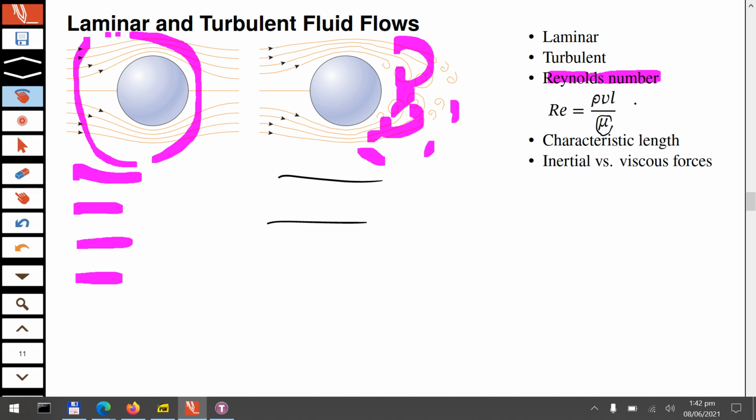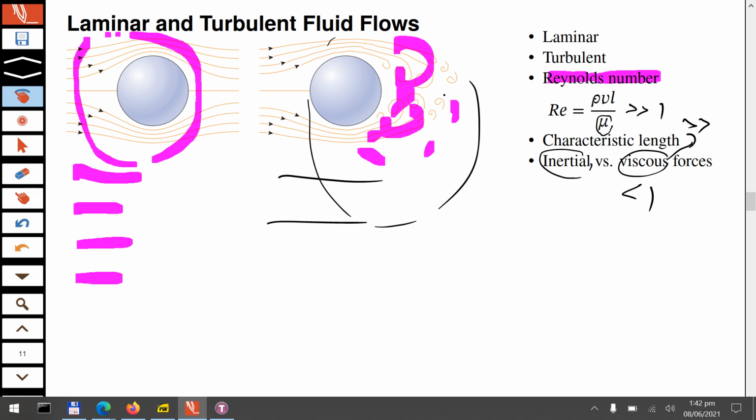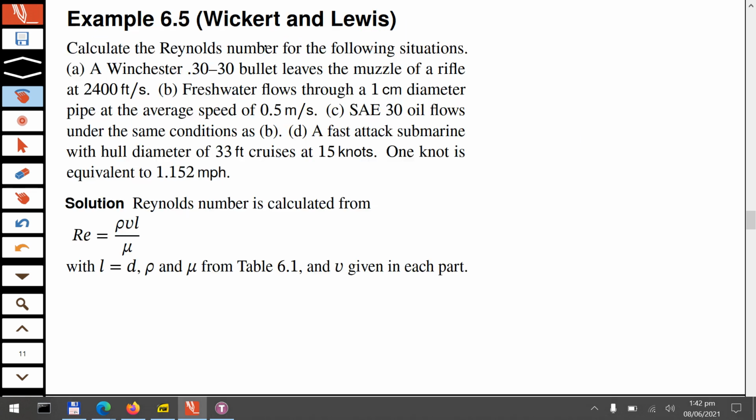So ये number अगर आपको याद होगा, if this is very large you will have most likely turbulent flow, and if this is small, near 1 or less than 1, then you will have laminar flow. So the Reynolds number tells you a balance between inertial forces and viscous forces. If viscous forces dominate, then you will have laminar flow, and if inertial forces dominate, then you will have turbulent flow. Now this thing will be relevant